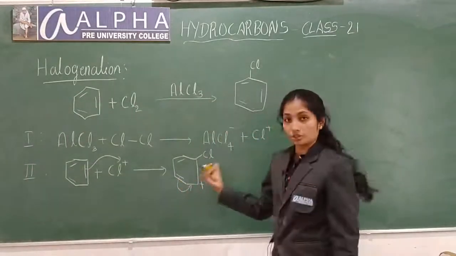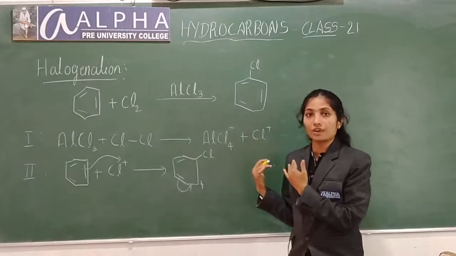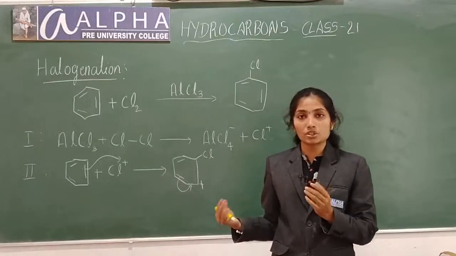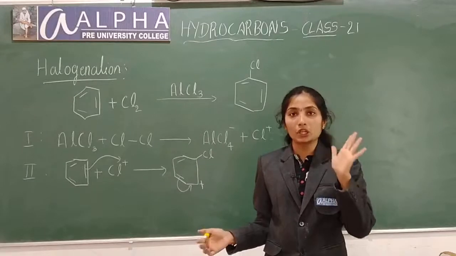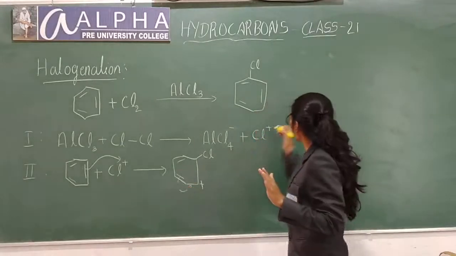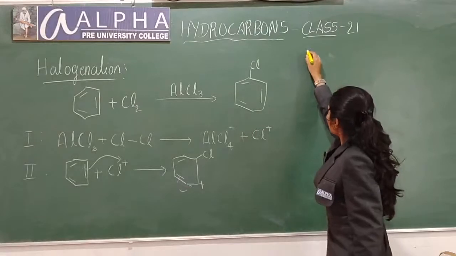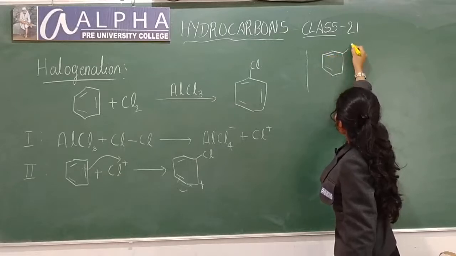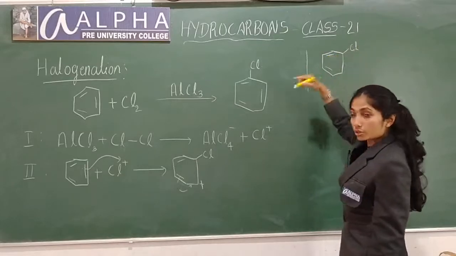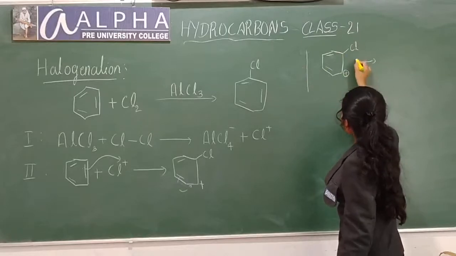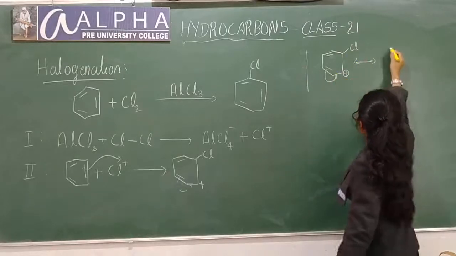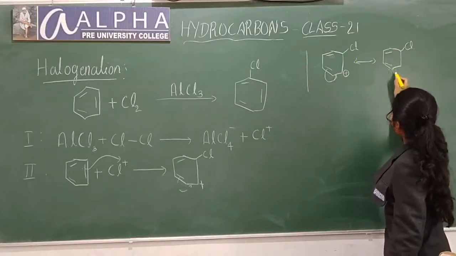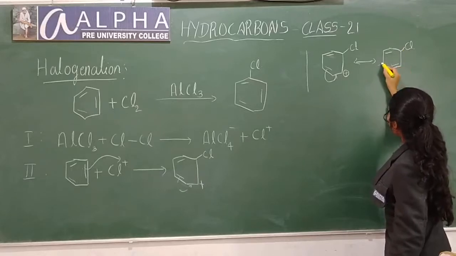See here, I have told you the resonance stabilized structures of the carbocation. No need to write all the resonance stabilized structures in the examination, just write that resonance stabilized carbocation formation will take place. In the resonance stabilized structures, this is a ring with the electrophile attached to that ring and positive charge over here. In the next step, this bond will move here, so you will get a structure like this, with Cl here, a bond over here and positive charge here.